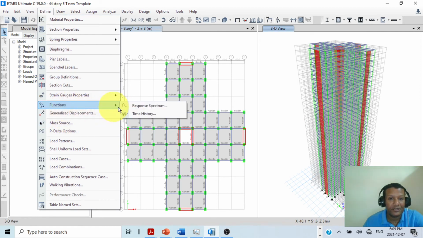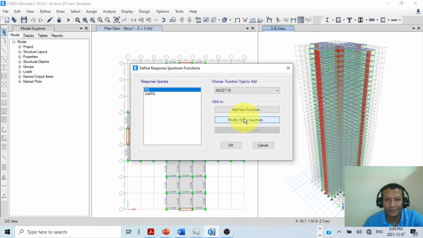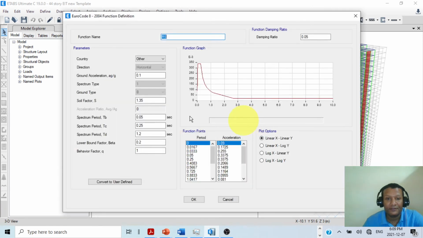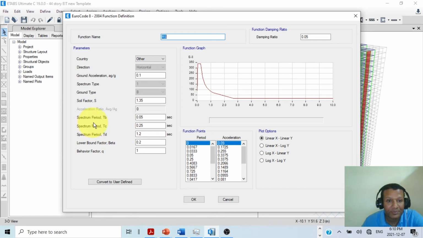I define a function, response spectrum, and modify it. As you can see, the ground acceleration is 0.1. For the spectrum type, we are using type 1. The ground type we are using is B. The soil factor is 1.13. Then the spectrum periods TB, TC, TD,